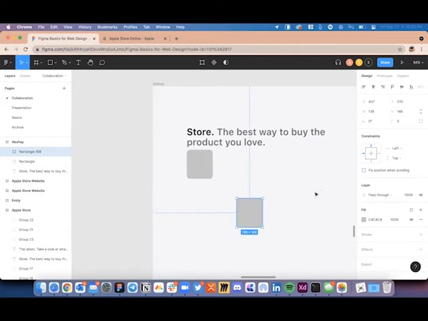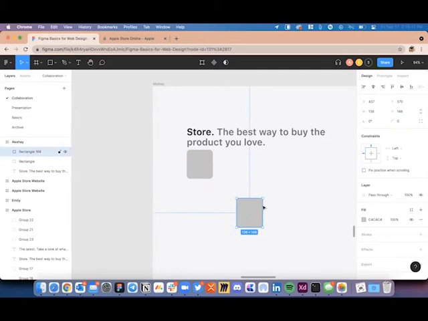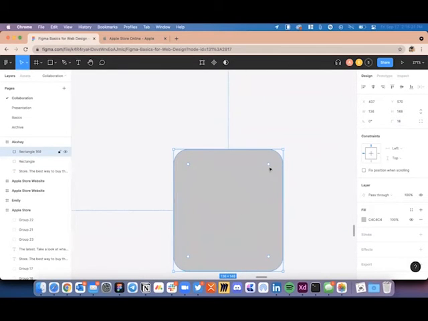Again, somewhere around that value also works. And the next thing we are going to do is change the rounded radius to 18. Or you can also manually choose a rounded radius value that you prefer.